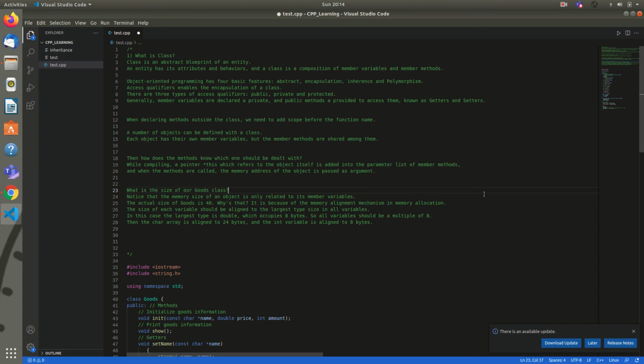Hello friends, so today we are going to learn about classes and objects in C++. So classes, what is a class? A class is an abstract blueprint of an entity. An entity will have its attributes and behavior. Any entity has attributes, and to operate on those attributes there will be a behavior. We can say that attributes are member variables for the class, and these behaviors are member